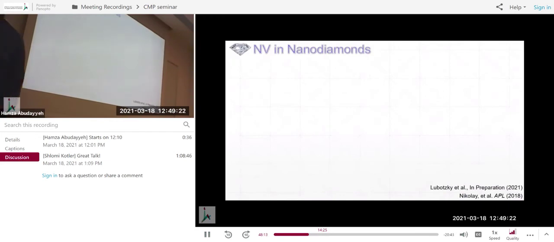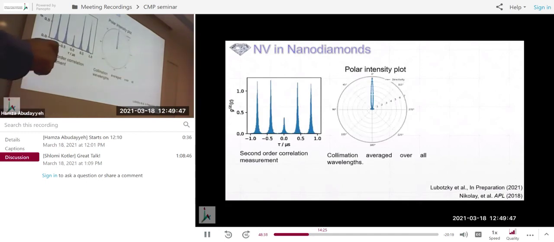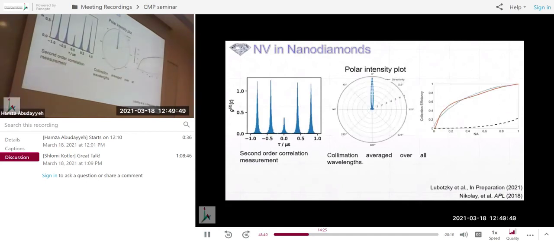Another thing I want to emphasize, since we're here already, is that this antenna is source agnostic. It doesn't care about what the source looks like. So just to emphasize, we didn't do this only with quantum dots. We took nanodiamonds that have single NVs in them and coupled them in the same way to the antenna. And again, we showed you two functions, directionality. This is just another way of showing directionality,